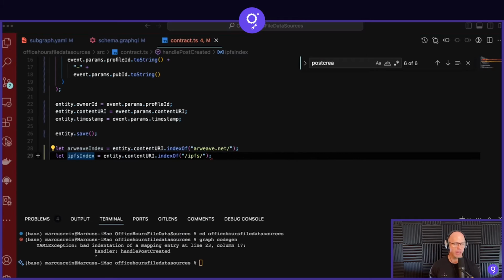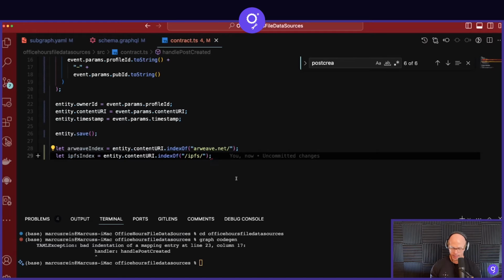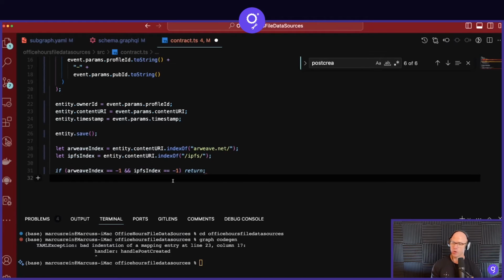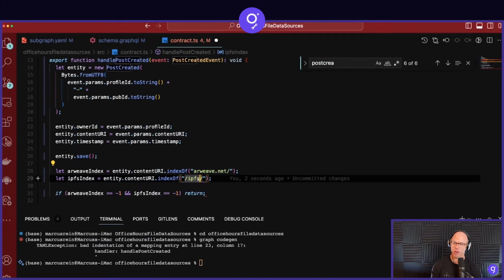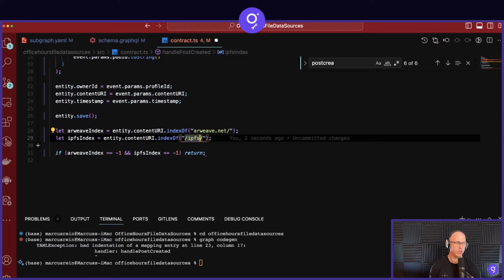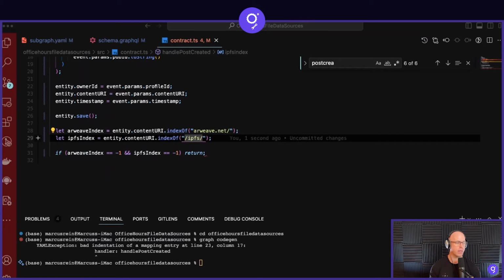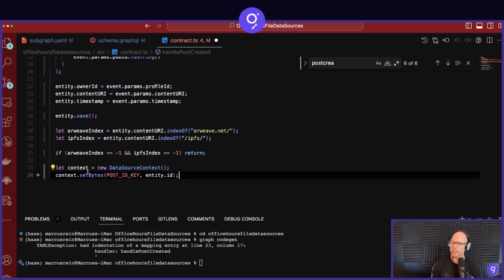And then from there, we want to see, okay, if that index does not even exist, we're just going to return. We'll just exit this. We know in that event, the handle post created, we're not having anything from Arweave or IPFS. However, if we do have some information that we are interested in, we're going to actually create